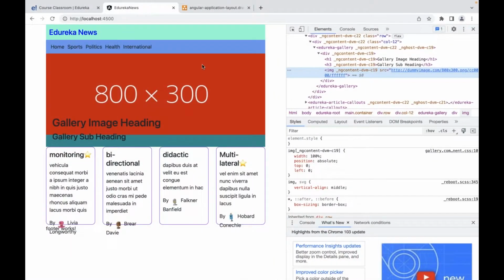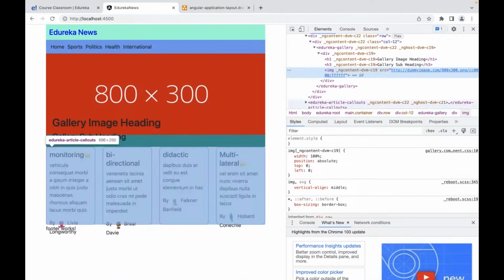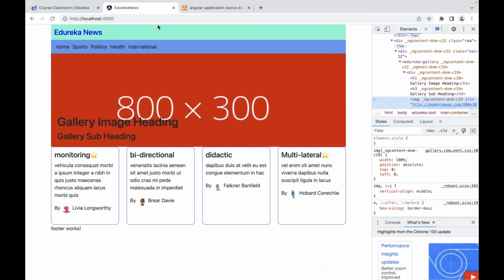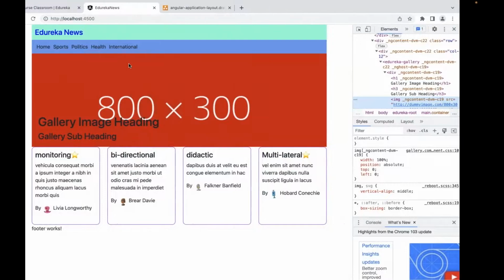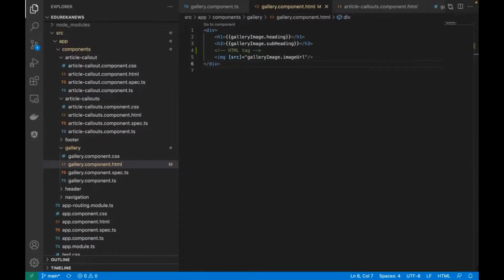Okay, any questions on this? Guys, any questions on this? Any topic you have questions on right now? So you have covered one-way data binding using string interpolation and property binding on HTML elements. Okay, so next would be